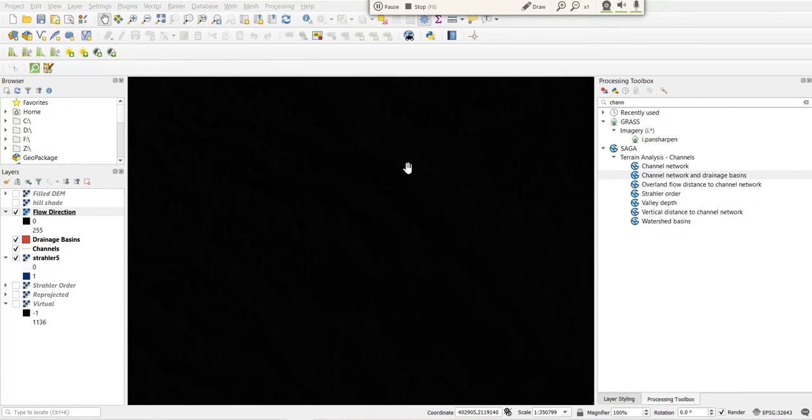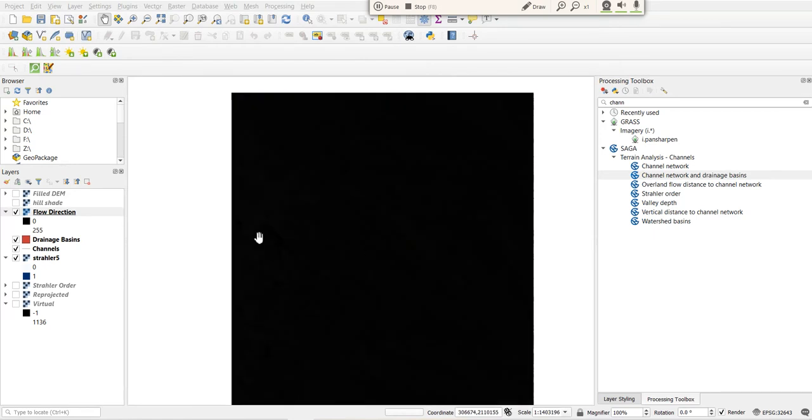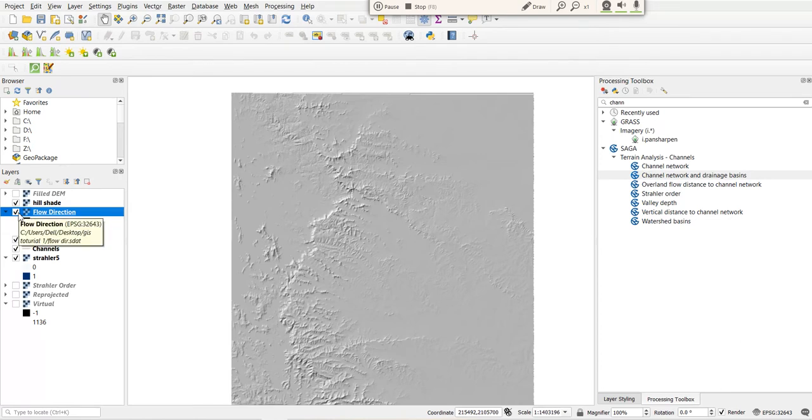So here the process is completed, and it took around 15-20 minutes because I have selected threshold value 5, so it took a little bit more time. Now you see there is nothing visible, so we'll just see one by one. Let's say flow direction.